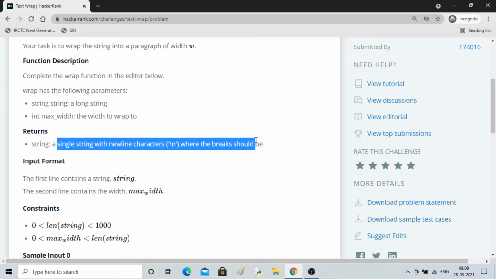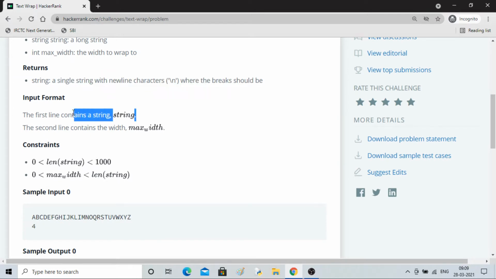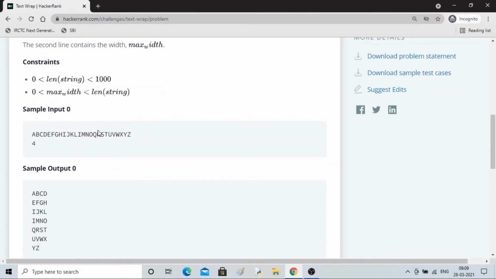Every single line we have to print something, and that should be a single string. So first we get the string, then the maximum width, then we have constraints, and then we have an example. We have this big giant string and a maximum width.